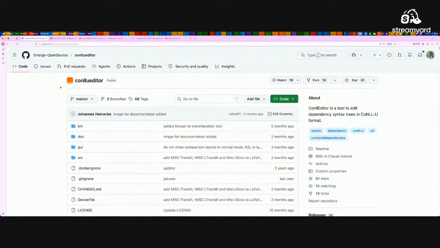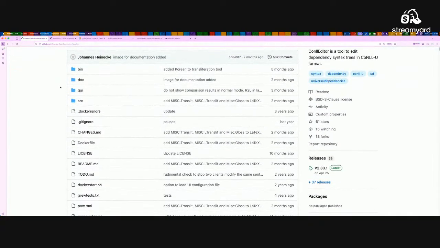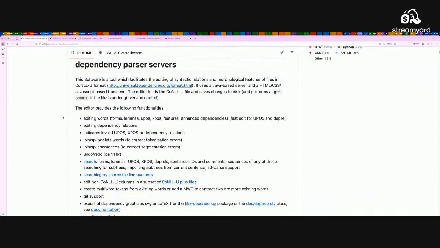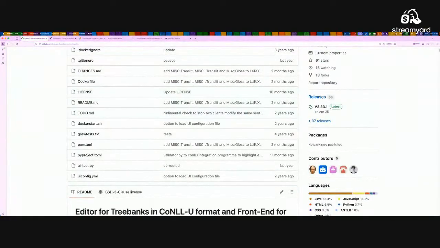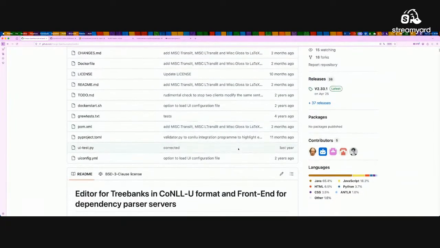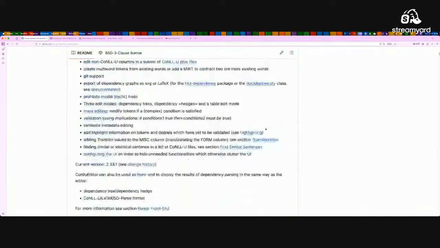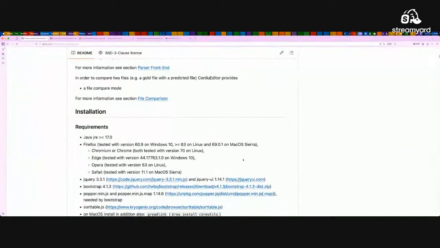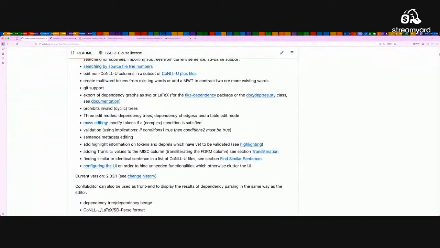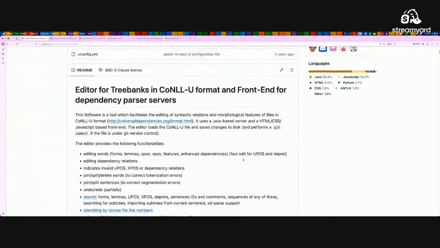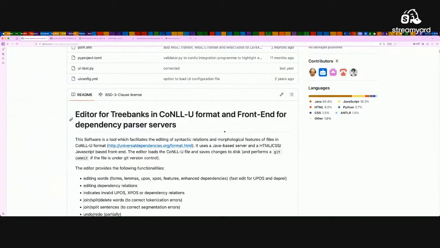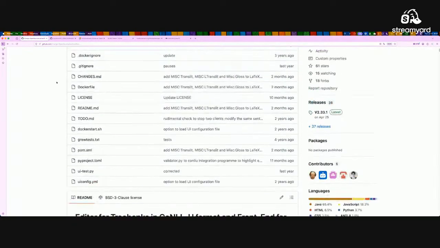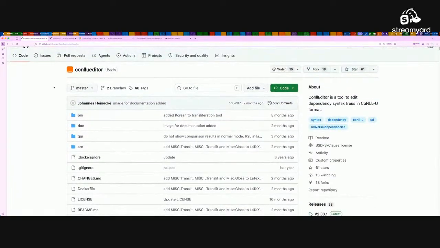It's not a web application. There are also web applications for doing that, but I don't like them very much because they have a few limitations. But from here, for example, you can download the release. It's a Java application. You will need to have Java installed, but if you follow the instructions over there, you can easily do that. It's absolutely not difficult. And if you want, in the question answering session, I can show you how you can load the treebank that we've just produced